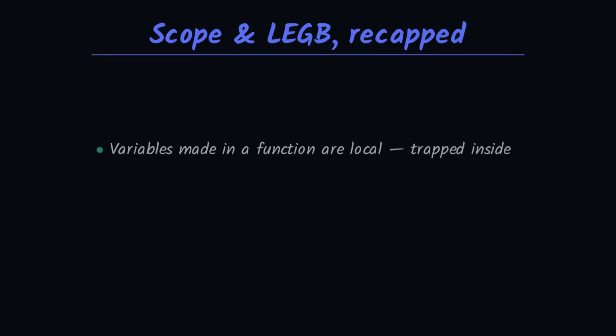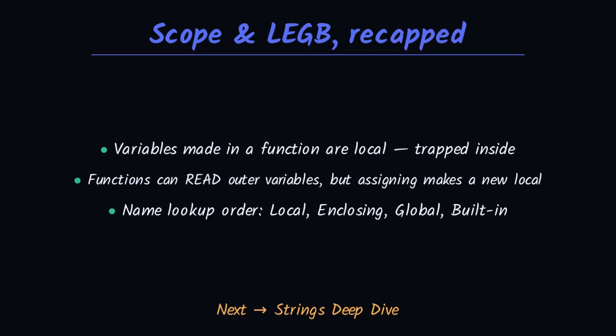So, scope is about where a variable can be seen. Anything created inside a function is local and vanishes when it ends. Functions can read outer variables, but assigning to a name inside just makes a fresh local copy. And when you use any name, Python searches local, enclosing, global, then built-in, LEGB. Understand this, and those mysterious name errors